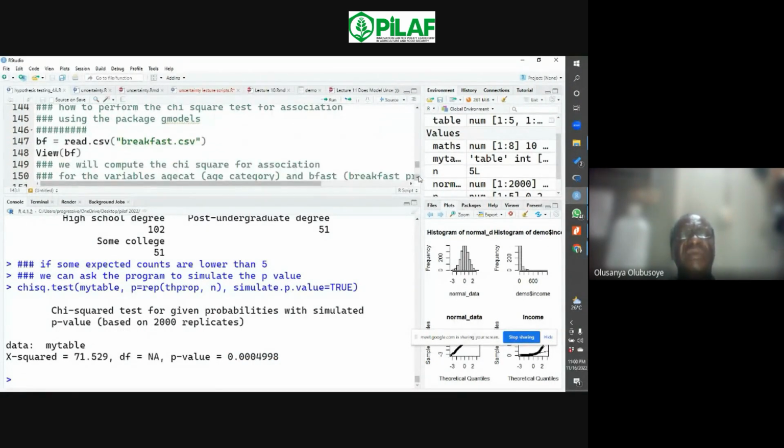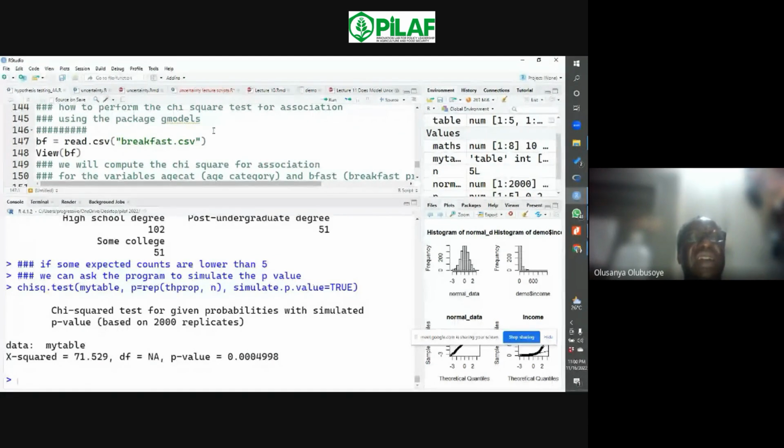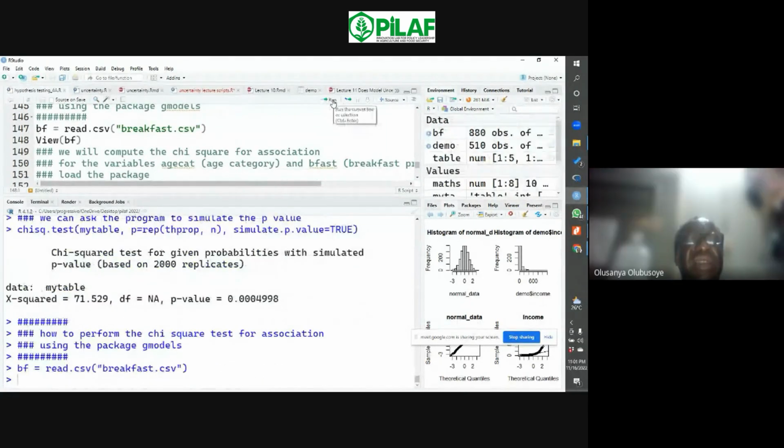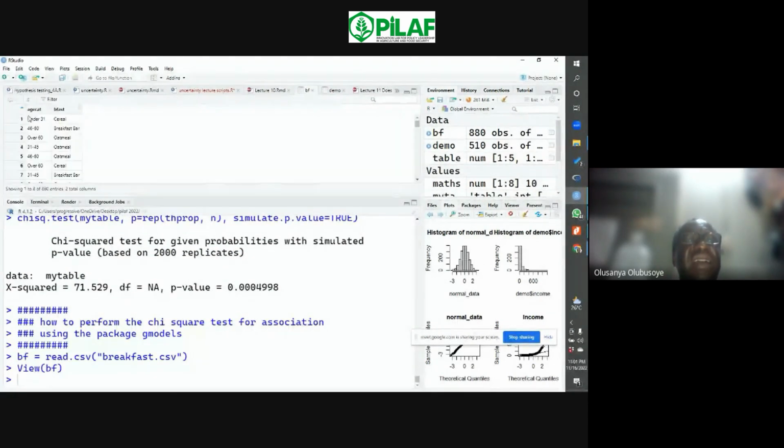And the last thing we will do now, our time is exactly 11, maybe for the next 5 minutes, let's look at this data, the breakfast data. So what we want to do is to look at the data. So this is the data. It's about